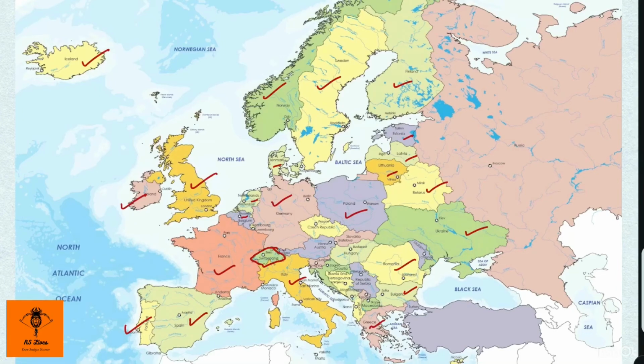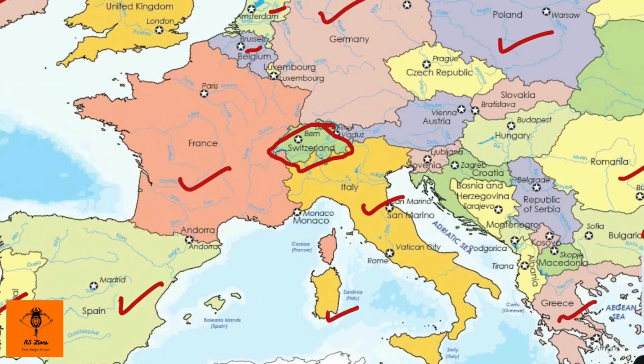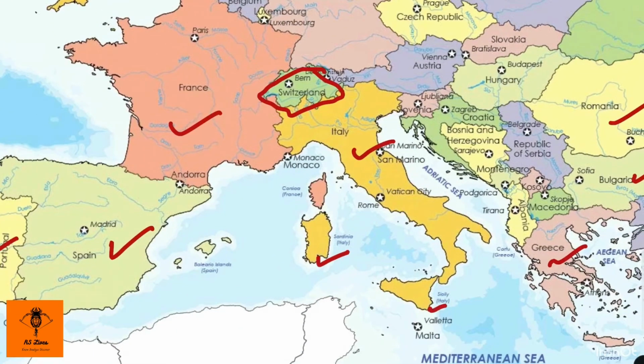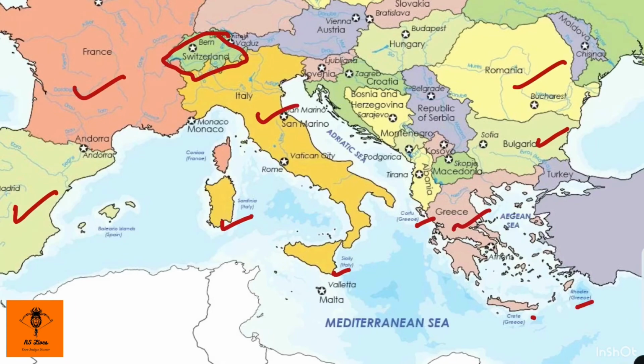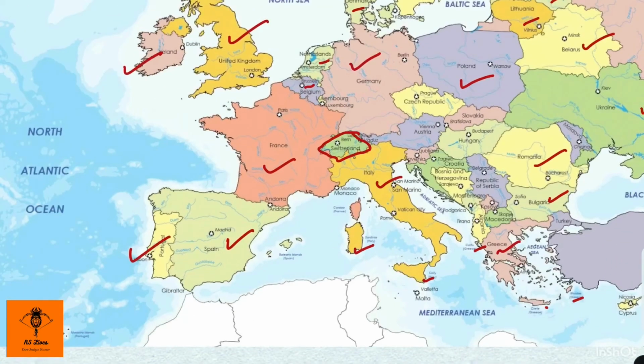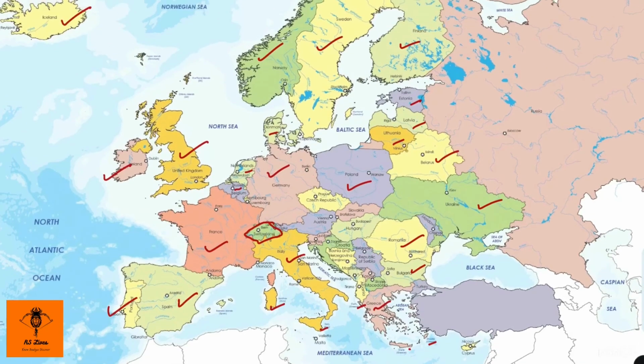We have Italy. As I said, this island over here is Sardinia, part of Italy. We have Sicily, a part of Italy again. Corfu, Greece's part. We have Rhodes over here, Greece's part. So that's the major countries. And now let's move on to identifying the surrounding water bodies.